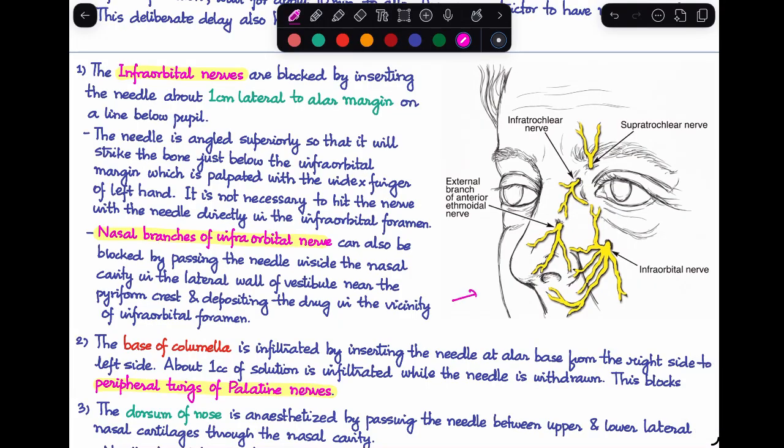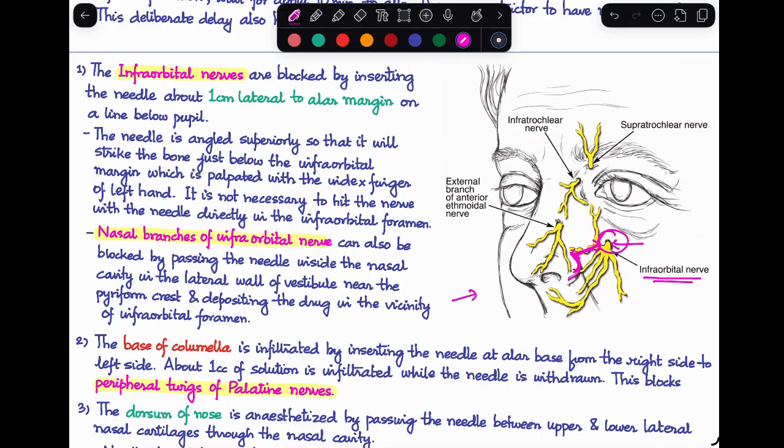First of all, let's look at the image. This is the image showing the external nose nerve supply. First of all, we have the infraorbital nerve. Here we are seeing the infraorbital foramen and the nerve exiting from it. So here we insert the needle about 1 centimeter lateral to the alar margin. If you look at the image here, this is the alar margin. One centimeter lateral to the alar margin is where we insert the needle, and this is given at a line